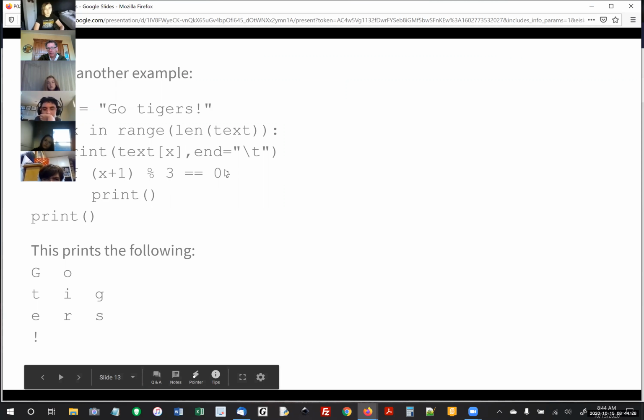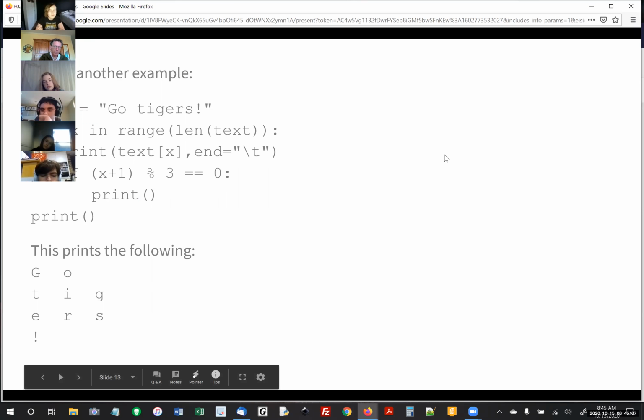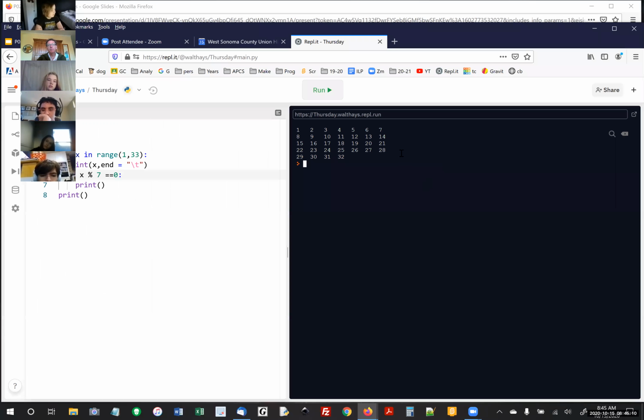What's happening is it's saying for x in range, and right here we're saying the length of the text variable. So that's 1, 2, 3, 4, 5, 6, 7, 8, 9, 10. There's 10 letters in here, so it's getting the numbers 0 through 9. First it's printing letter 0, which is G. Then it's printing letter 1, which is the O, and so on. And then it's printing a new line every third element. The reason we do the +1 is because we started at 0,